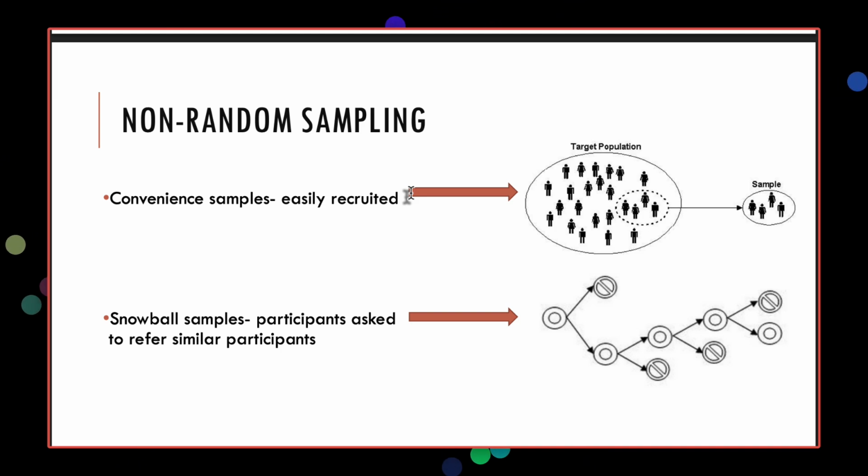So this method really shines when you're trying to reach hard to reach populations, right? So imagine researching people in recovery from addiction. Many are skeptical of researchers. They don't like participating in research because they're worried that it's actually a treatment program or rehabilitation program in disguise. But if you earn the trust of one participant, they might introduce you to others in the support group. One connection leads to another, and your sample grows like a snowball rolling downhill.